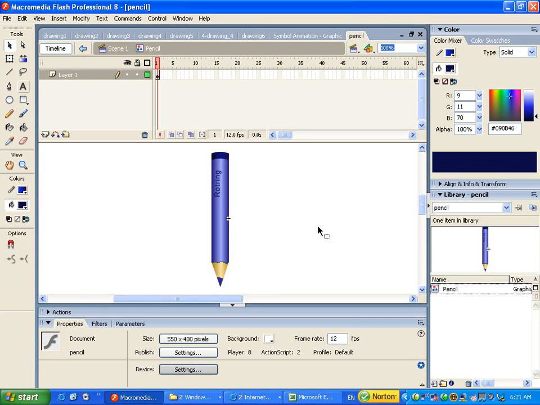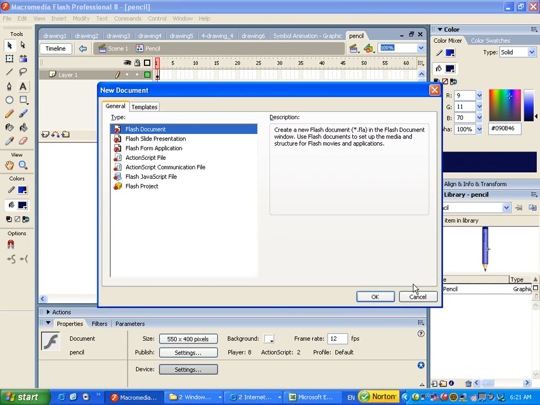Drawing sample 7. In this sample, we will learn how to create a pencil. During the sample, we will learn the creation of the basic shapes, editing and modifying the curves, and also to try the fill change. Let's go in a new document,